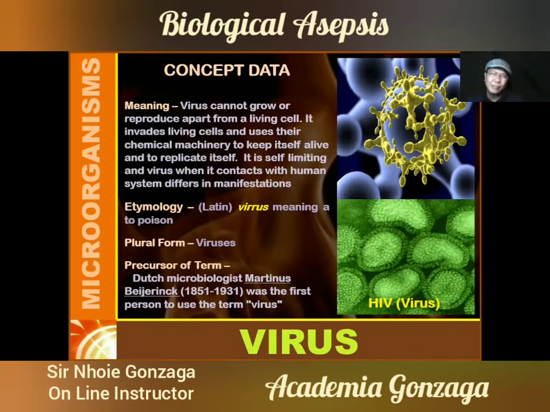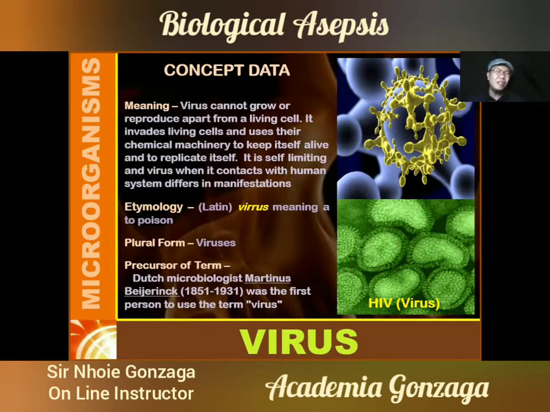When you say self-limiting, the virus comes and the virus goes. That's why human beings need not really worry about it, because when there's a virus in the body, you just have to keep your body healthy, because when the virus comes, it also goes. So when the body is already healthy and the virus cannot display destruction in it, the virus will just go. That is what we call self-limiting.